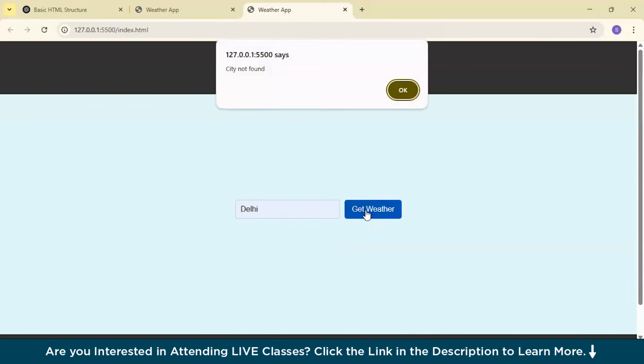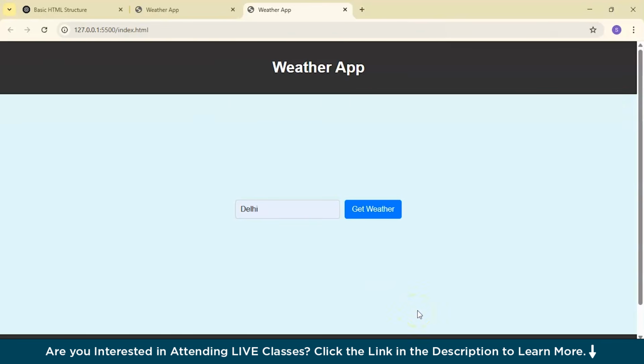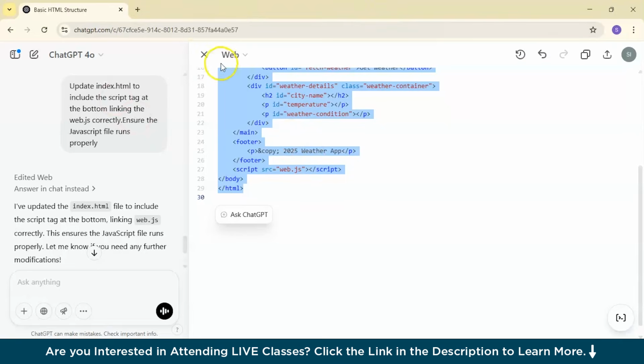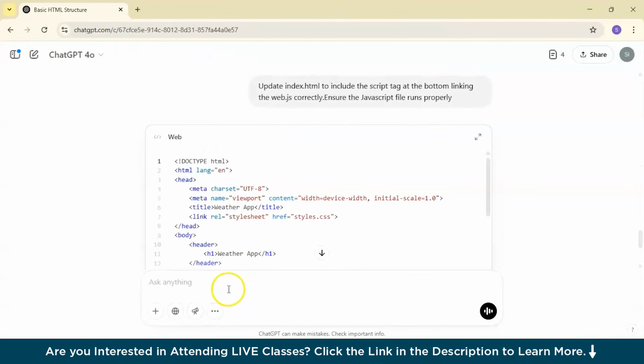City not found because we have not actually given the API key. So what we can do is make it more beautiful, more appealing, because it is now becoming very average. We'll try to make it advanced. So we'll cross this and we'll go back to ChatGPT and ask